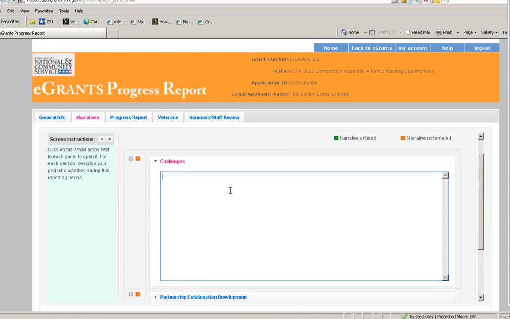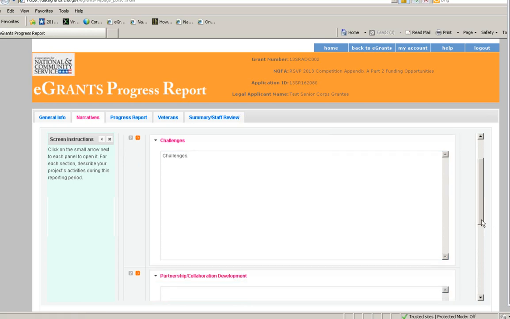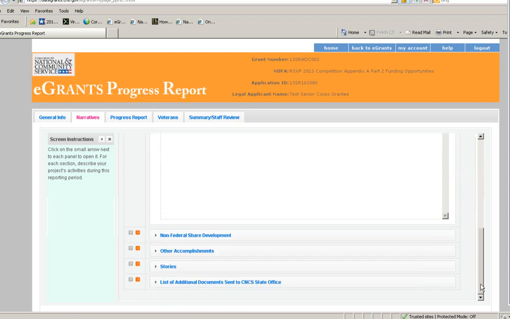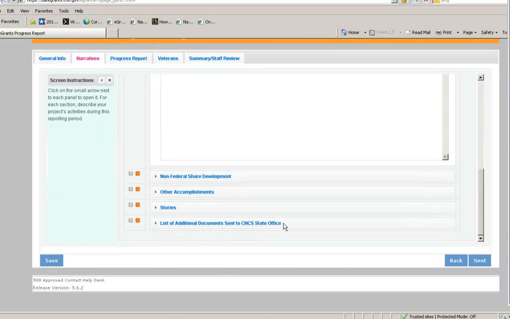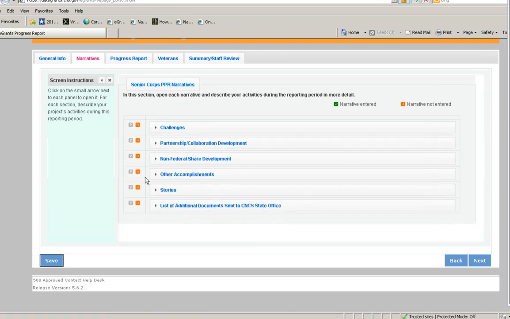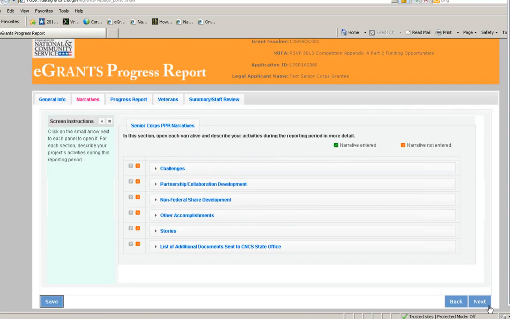So I simply click on a field to expand it, and I can type in any challenges that I might find or that I've had during the period, and then go on to the next one. You'll see that it doesn't turn green immediately. I actually have to go to the next screen and then come back in order for that to happen. So once I've finished entering all of my narratives, and I'm not going to spend a whole lot of time here because most of you, all the current grantees at least, are very familiar with entering narratives in your project report. I click Next,